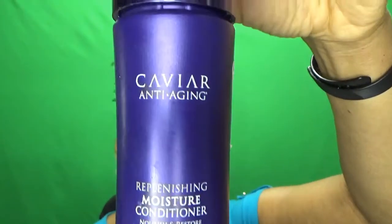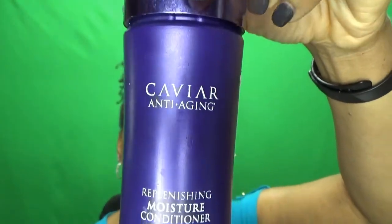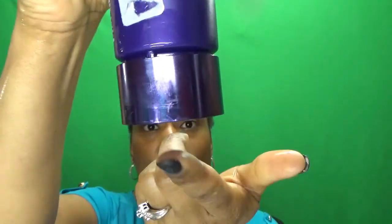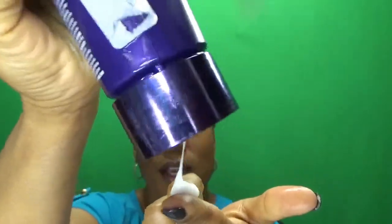I don't even know if they make this collection anymore, if that is why they don't have it in store, but they have this little twist top here. So you have to literally unlock it, turn it upside down, and then squeeze to get the product out. The conditioner is very thick. I'm so sad I'm almost out of this. It's so thick,